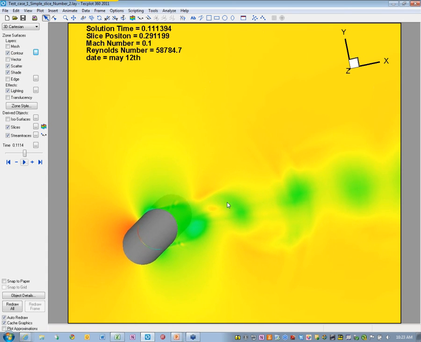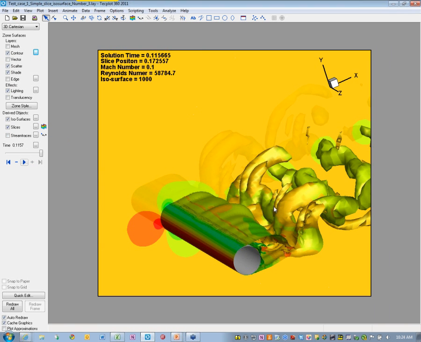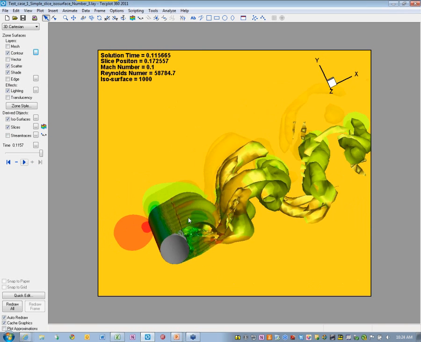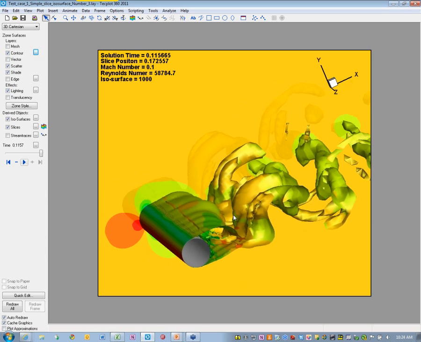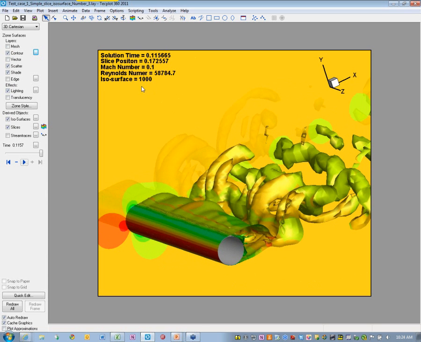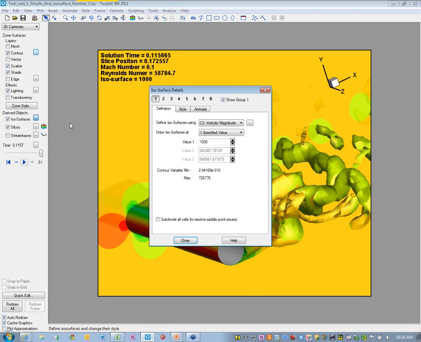So although it's convenient to look at a slice, when you're thinking about vortex shedding, often people will want to use an isosurface where they could show what's going on in space. So this is really a 3D contour level. So here's an example now where we're looking at the same data. Again, we have auxiliary data where we're showing where that isosurface is. This is a vorticity magnitude of 1,000. If we decided to change that to, say, 150,